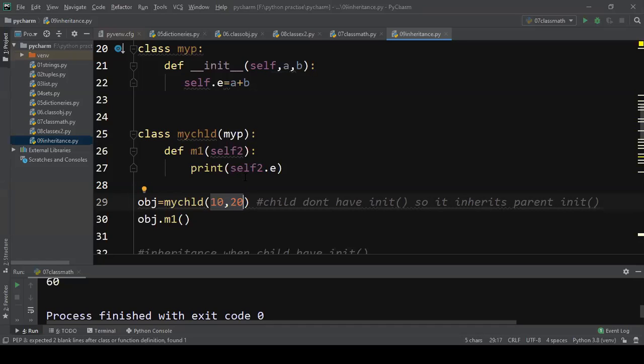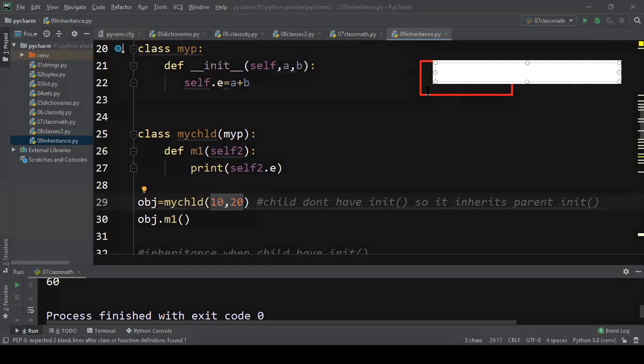Why can we pass them? Because here, now this is your class myp.